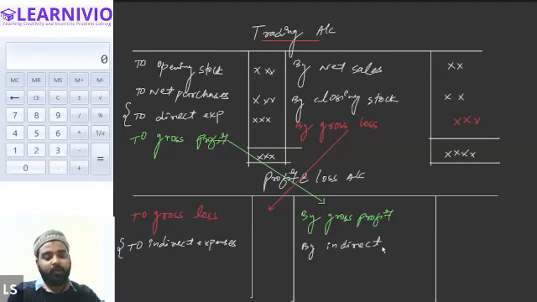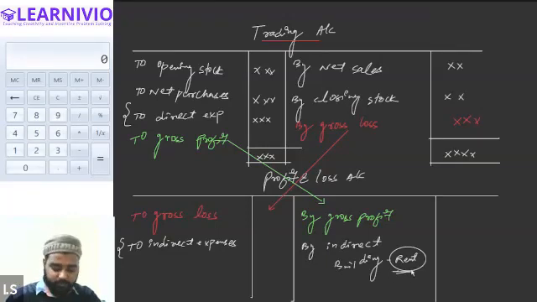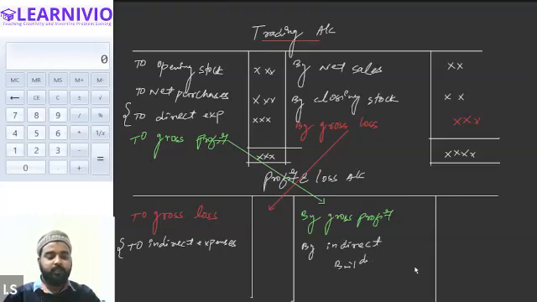So sales income are not recorded here. All indirect incomes will be recorded here. I will give you a few examples. For example, the company has let out one of its buildings, and by letting out the building, the company is earning a rental income. This rental income is not the operating income. This is the non-operating income of the business, or you can say the indirect income of the business. So any income which is not directly related with the business will be considered as indirect income.